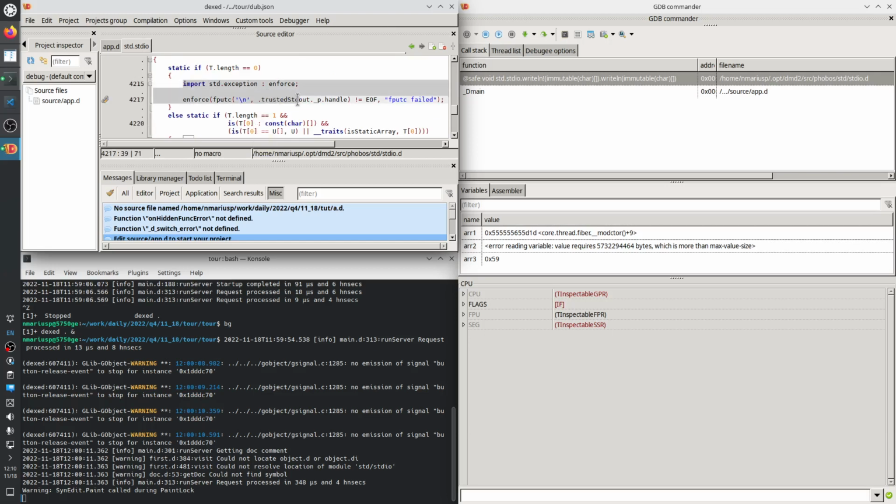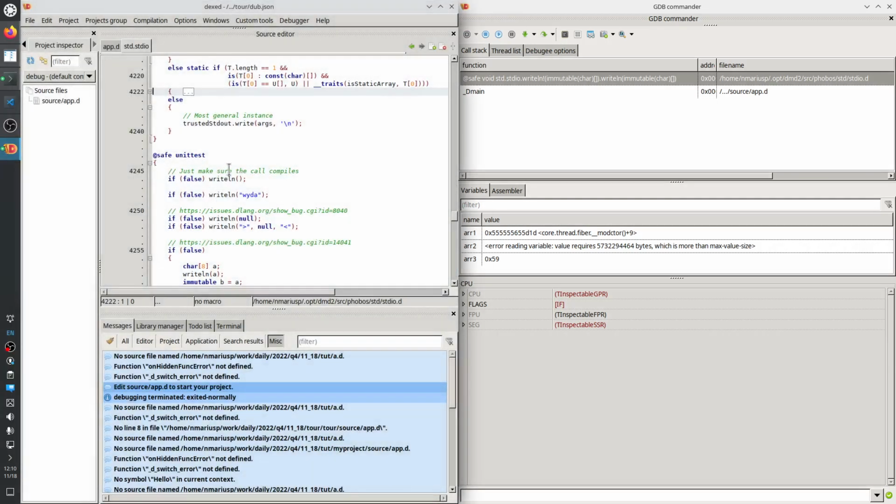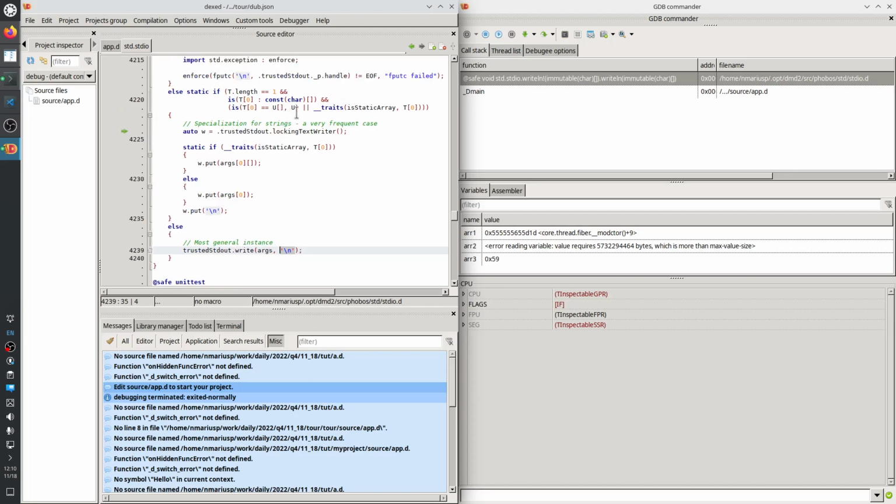If this is, I don't know, null or something, if this is a string, and then for everything else, it just calls the write function, but with an additional parameter, which is the newline terminator. But if it's called with just one string parameter, one string literal, because it was evaluated at compile time, this parameter, and it's a string literal,